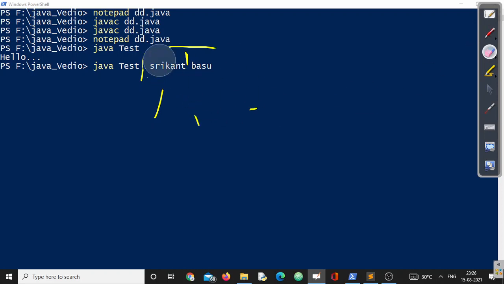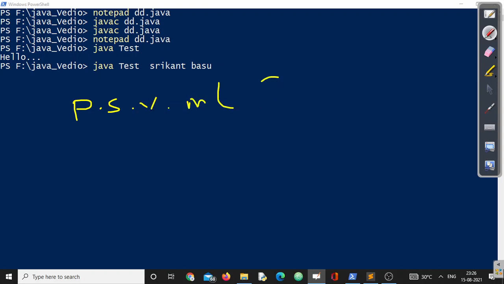Now the question is how these arguments will be accepted by the main method, right? If you recall, while writing a main method we write public static void main followed by String array of args. You know, args is a user defined word. You can have any word like that.